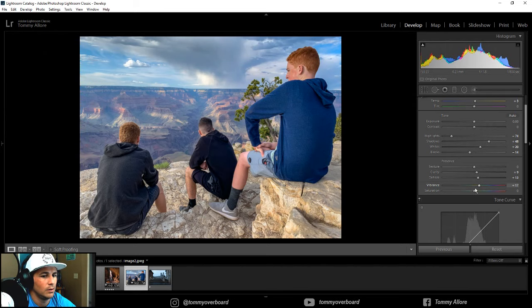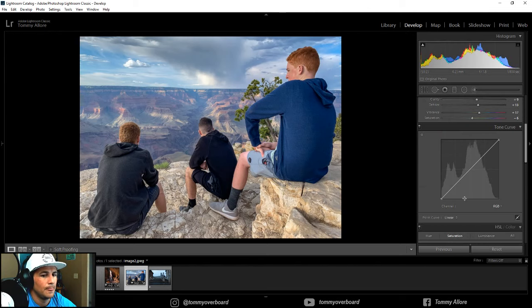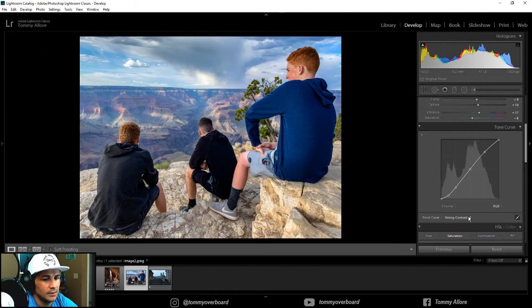Saturation down a bit. All right, coming back down the tone curve. Let's go ahead and throw on a medium. Strong? No. Going to lift up highlights just a little bit more. Get those highlights in the, I want to call it a mountain range. I keep wanting to call it a mountain range. I know it's not a mountain range,